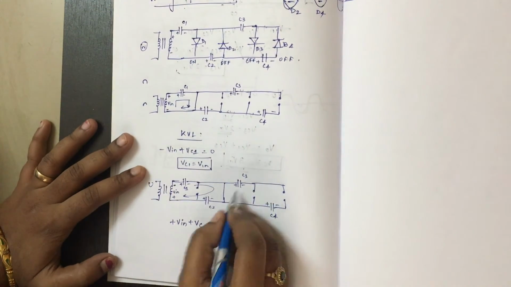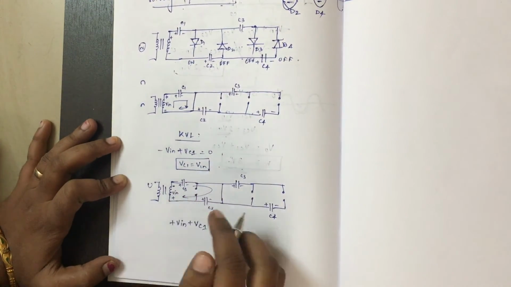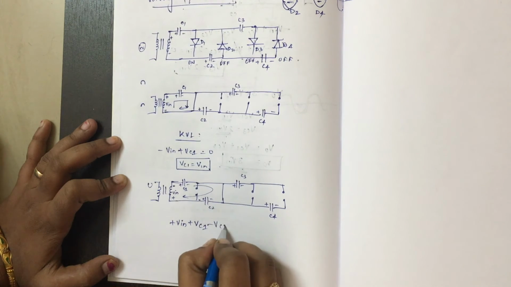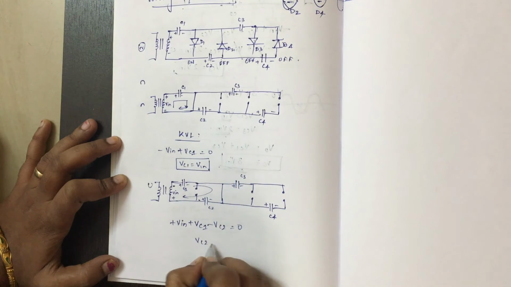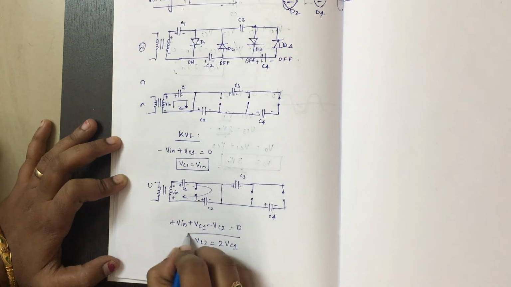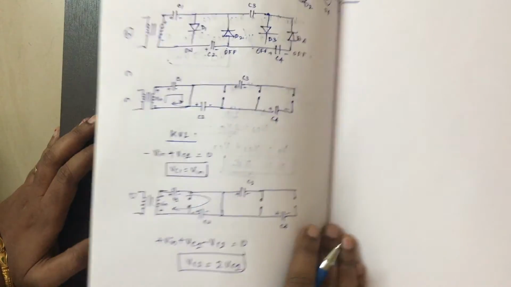This you will not apply because this is an open switch, only through this. So minus to plus is minus Vc2 equals 0. So Vc2 equals 2 into Vc1. Okay, now let's apply